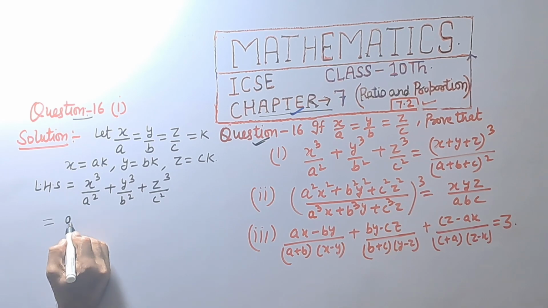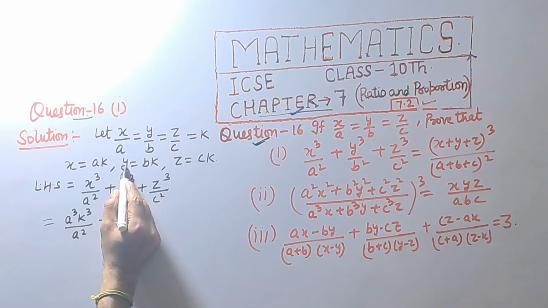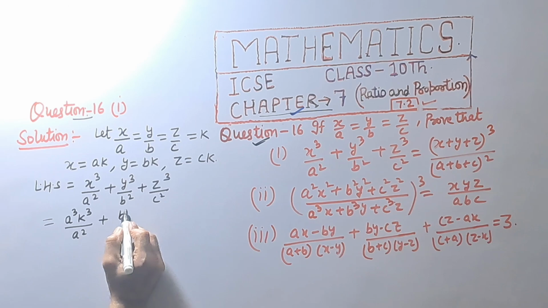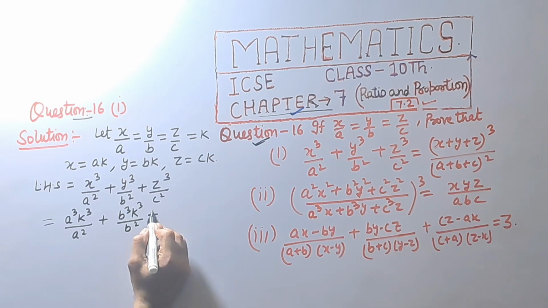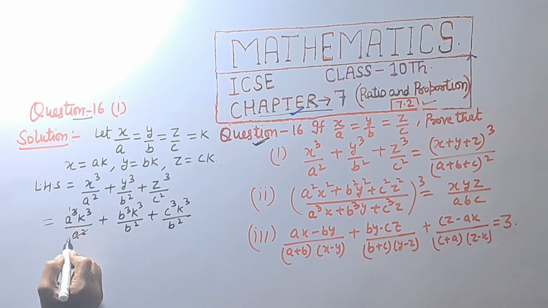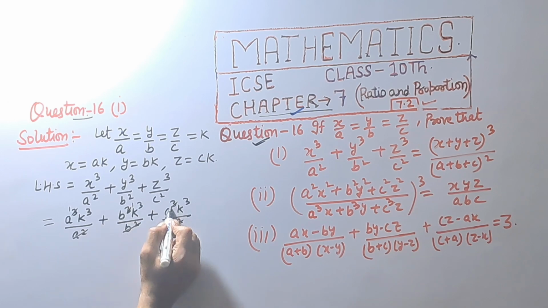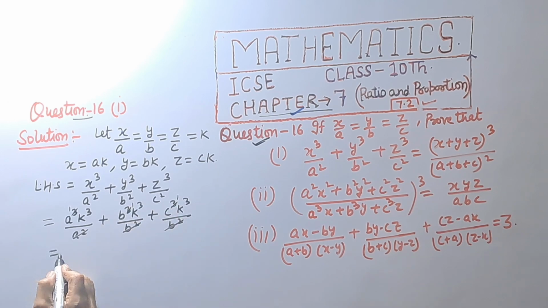then x cube is equal to a cube k raised to power 3 upon a square plus y is equal to bk, b raised to power 3 k raised to power 3 upon b raised to power 2 plus z is equal to ck, that is c raised to power 3 k raised to power 3 upon c square. The 2 power is cancelled and remaining power 1, for each term, that is equal to